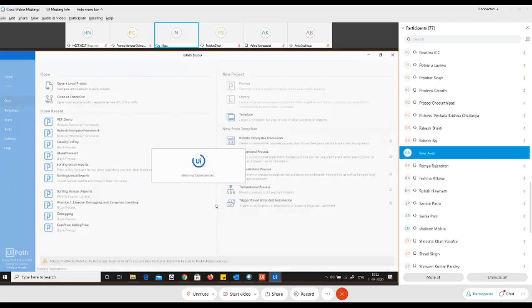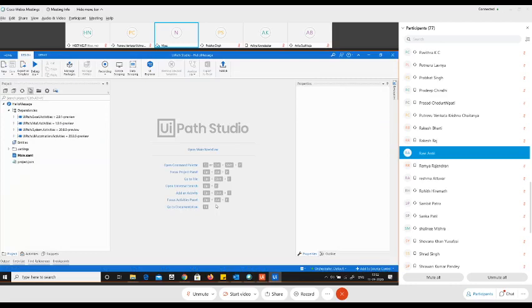Now let us wait for all the dependencies to get restored, and once that is done, we'll go ahead and create our very own process, as in our own project. And now we'll upload this process to the Orchestrator. I have not explicitly told you exactly what the capability or the power of Orchestrator is as of now, because I wanted you to see it in the live demo. So now let me introduce you to the actual power of Orchestrator.